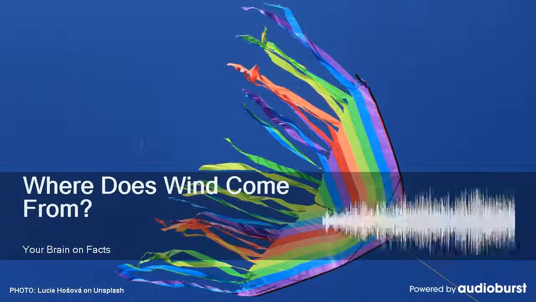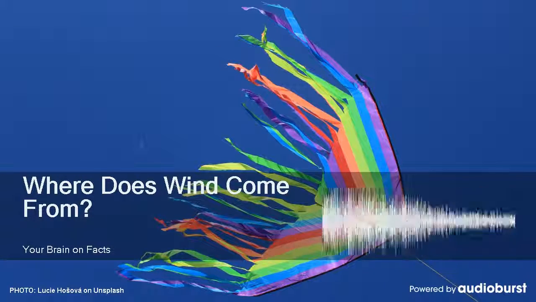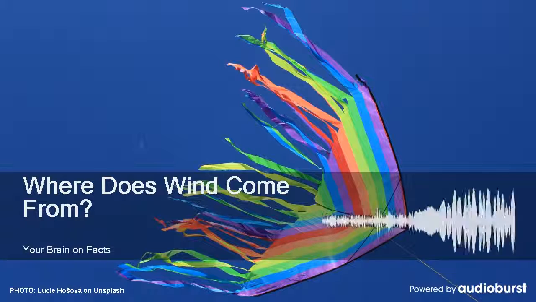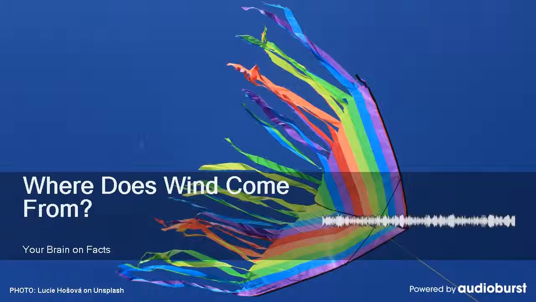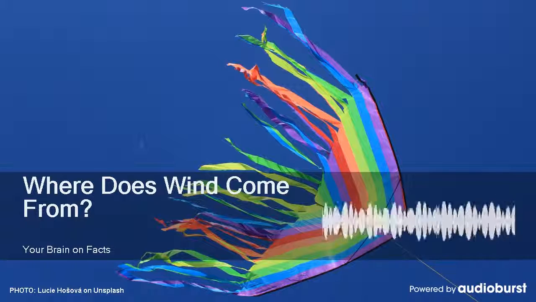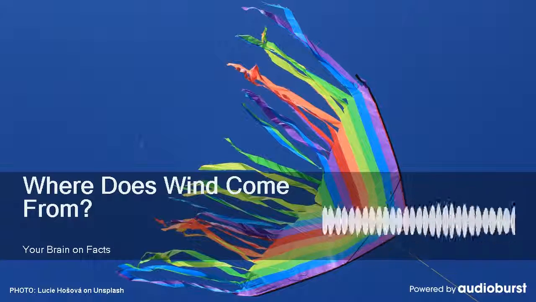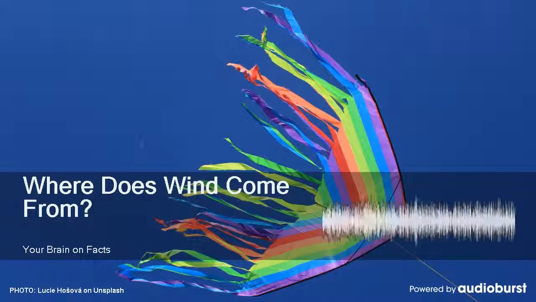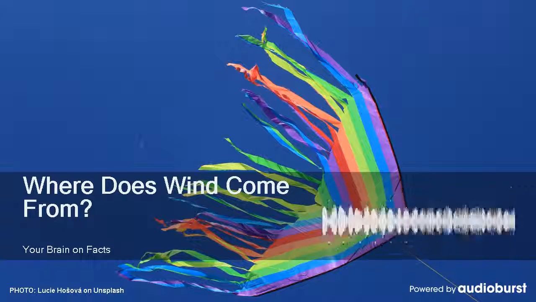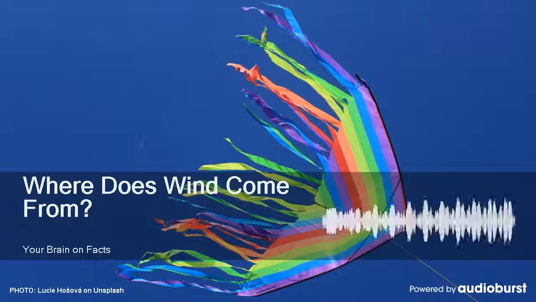It lifts kites, generates electricity, and moves weather around the planet. But where does wind come from? Wind is caused by differences in air pressure. Nature likes things to be in balance, so air will always move from an area of high pressure to an